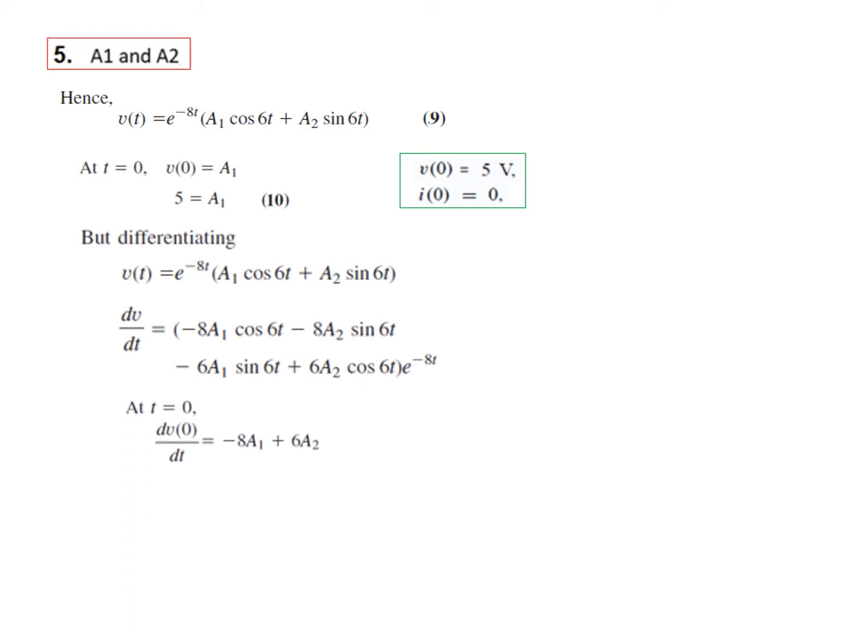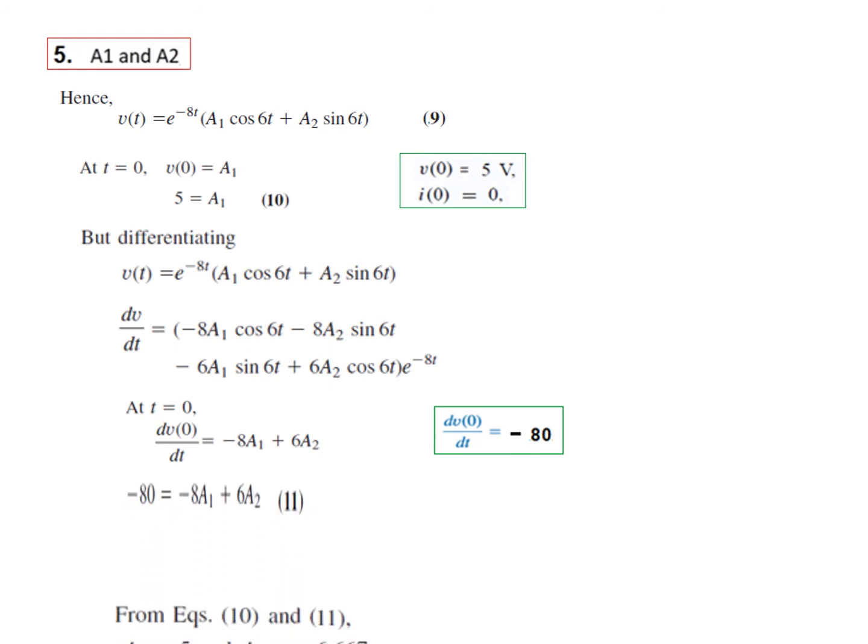And now we put t is equal to 0. So therefore on the left we will get dv0 dt, and here again all the sine terms will become 0. So from the top we get minus 8a1, cos 0 is 1, so minus 8a1, and from here we get 6a2. And now we know the value of dv0 also. It was minus 1, which we had calculated earlier. So we plug in this value here,